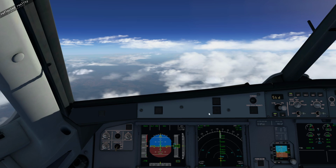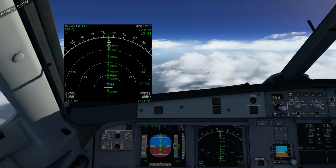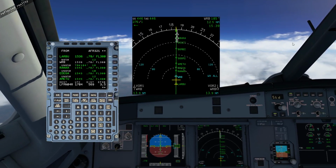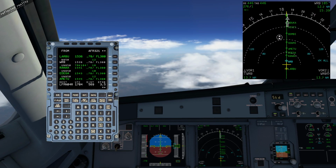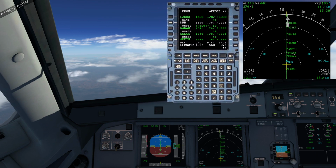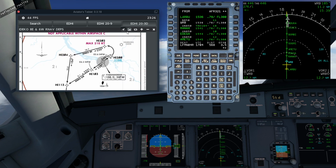So, top of descent, we are going to have a look at the flight plan. Let's see if we can get everything I need on the screen here. I move this over there. I bring this up in the middle. Oh, it captures the keyboard. Right, let's have a look for...